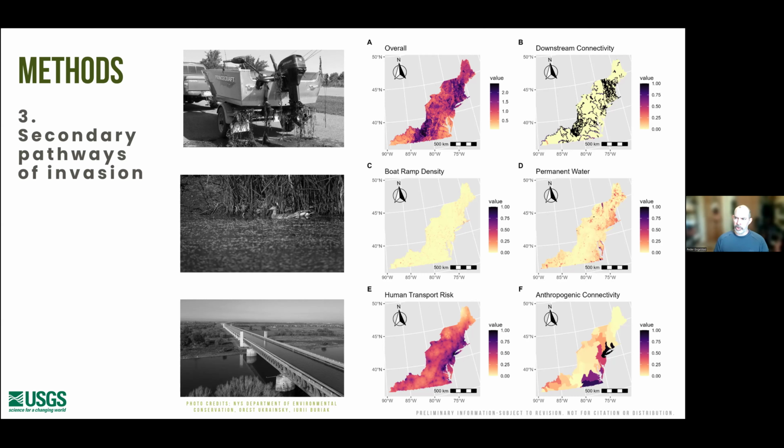And then the one thing I want to make sure to note here is that the selection of these is also species specific. So consulting with taxa experts, just like you would do in any other risk assessment, you would say, okay, well, for species A, we're only considering B, C, and D. We're not going to consider E and F, or whatever the case may be. So a species score may include all these components for pathways, or it may include just a portion of them. But we're trying to get at things that are relevant to the species and how it may potentially move or be restricted in its movement across the landscape.